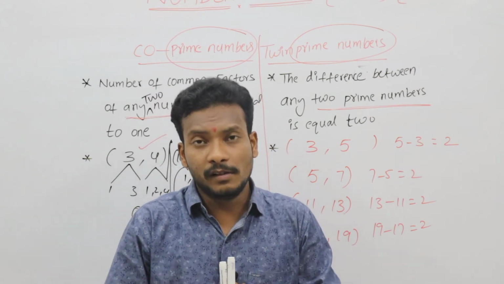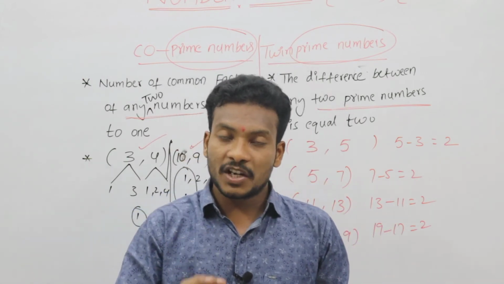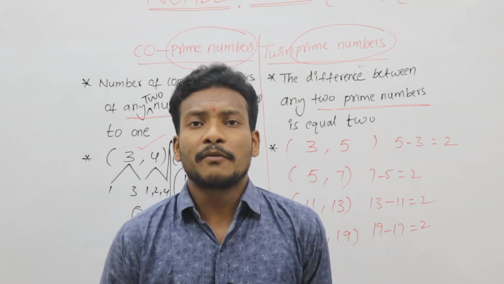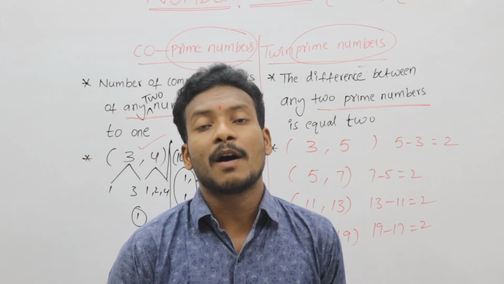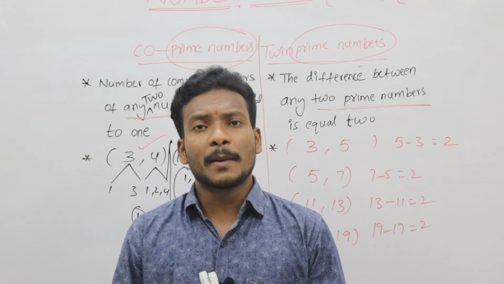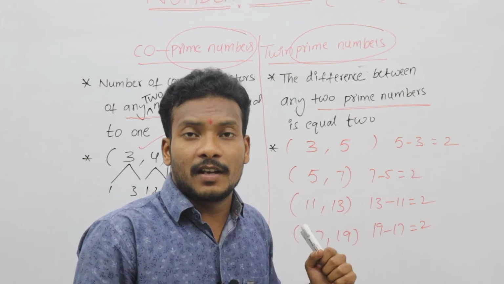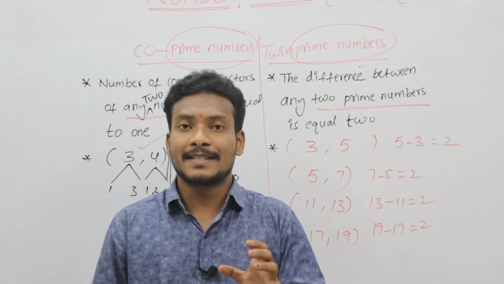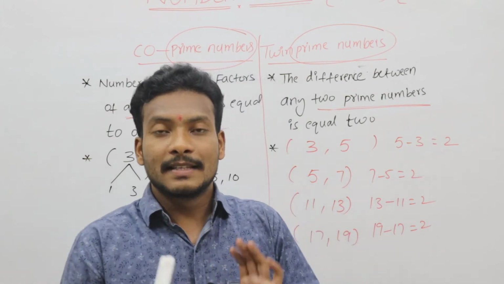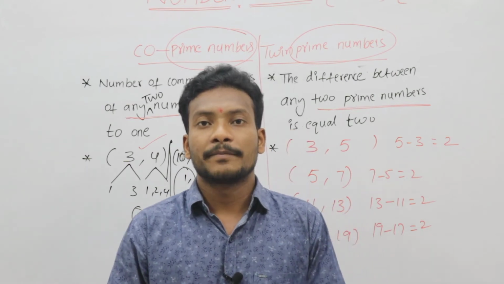Why are we learning about the types of numbers? These types of numbers occur in the examination or in the average chapter. Suppose the examiner asks to find the sum of the first 5 prime numbers. We need the numbers first. If we don't know the prime number definition, how can we answer the question? That's why we first make definitions with one example. Like that you have to follow. This is the brief and complete explanation about the types of numbers. Okay, thank you.